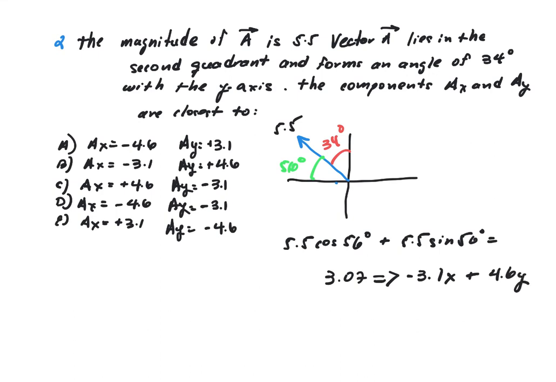So our answer for Ax is going to be negative 3.1, and Ay is going to be 4.6 positive. If we look at our options, Ax is negative 3, and Ay is 4.6. So our answer is going to be